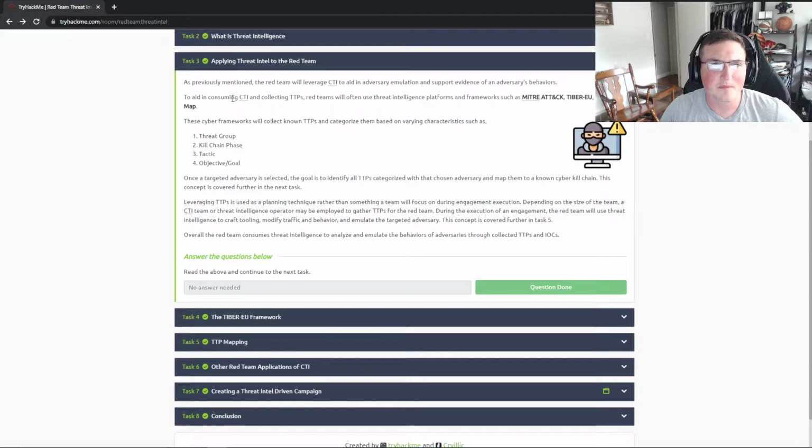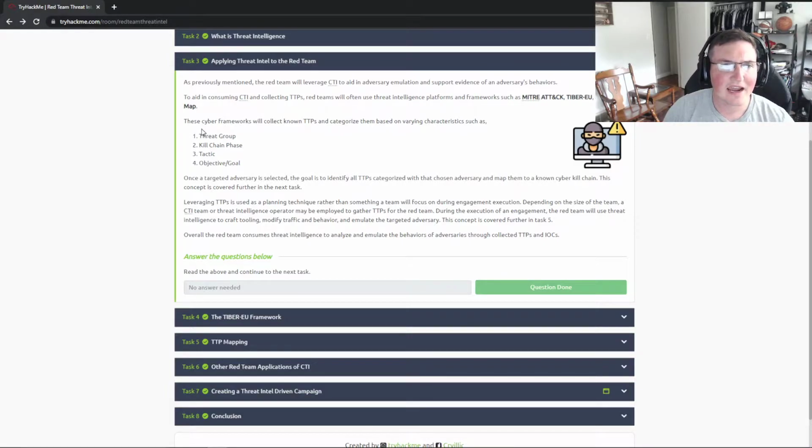As previously mentioned, the Red Team will leverage CTI, using it for your benefit, to aid in adversary emulation. If you're on a red team, you may simulate attacks. That's what red teamers do. You may simulate an actual attack that an actual APT does to see if your company or your customer is ready for that attack. For instance, if you're simulating an insider threat attack, you may have someone on the inside helping you. If you're simulating a certain APT, you may go through the cyber kill chain and look at what they did and try to mimic that exact attack to see if you're vulnerable to it.